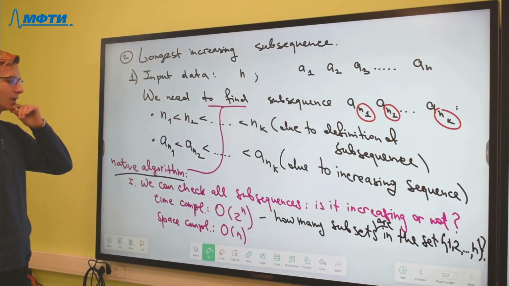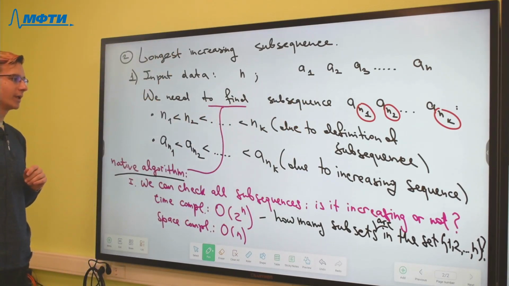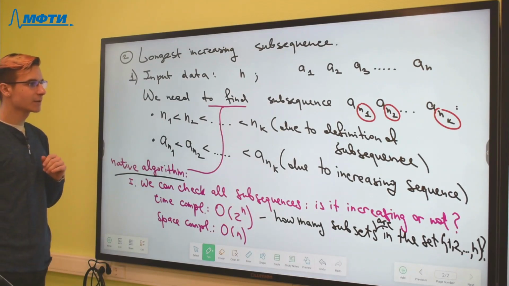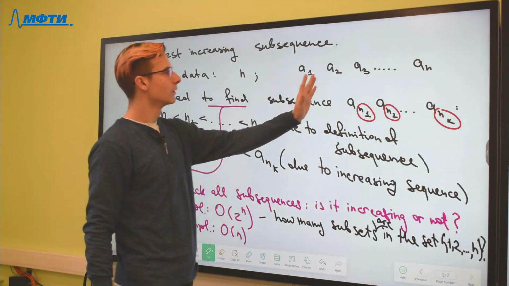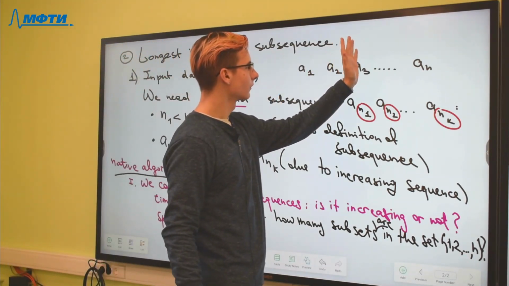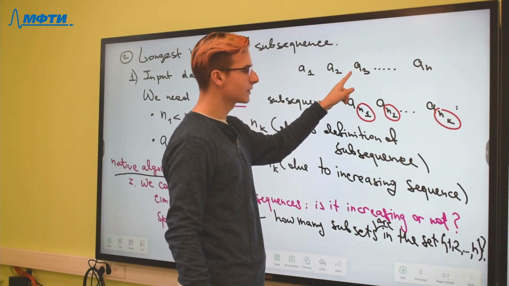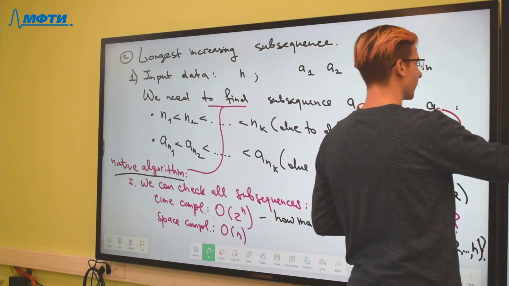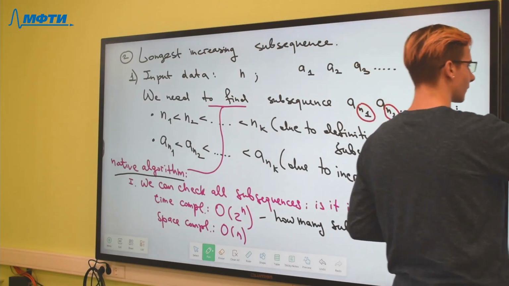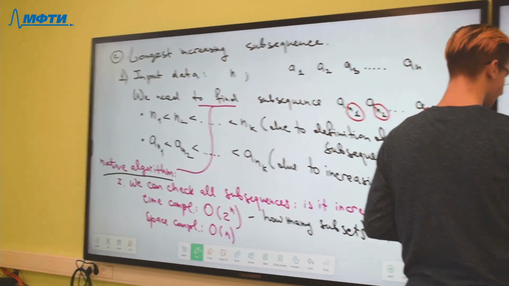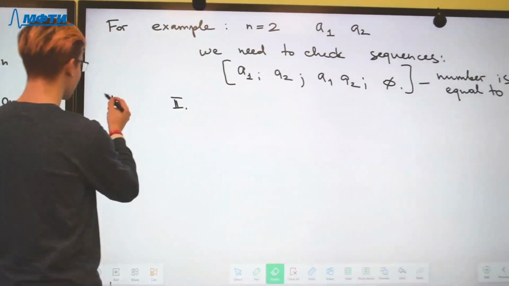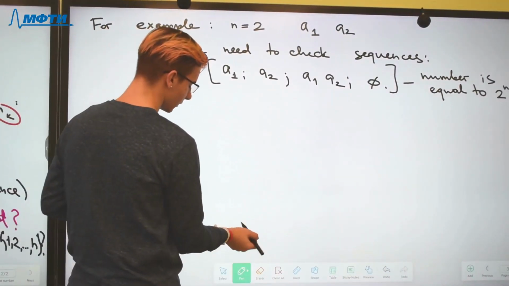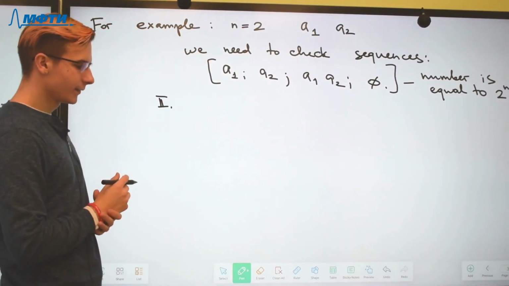And we need to find, for example, subsequences that end in the place that we choose. So the second way that we can improve the first algorithm,